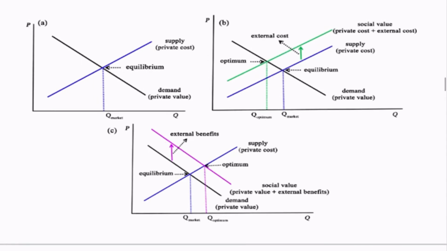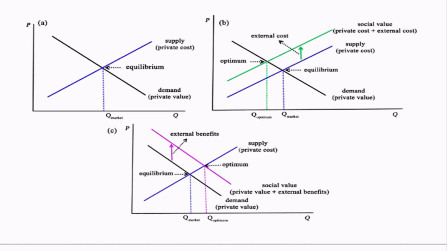Graph A shows the quantity of goods produced or supplied by the market on the x-axis, and on the y-axis the prices or the cost of production. We see there are two curves or two lines. One is the supply line and the other is the demand line. Wherever the supply and demand lines meet,